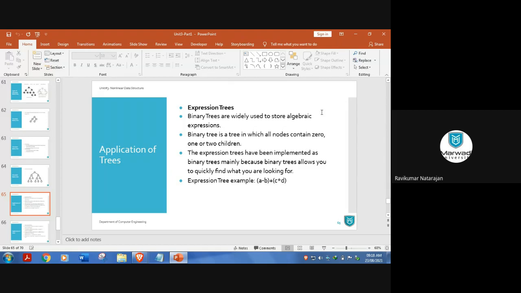If I have arranged this in zigzag order, without following the rule that the left side should be less and the right side greater, and simply put things randomly, then my search algorithm should search the entire tree. It will take a lot of time, right? And we have measured best case and worst case. In that case the worst case will be order of n, because it has to search all n nodes.